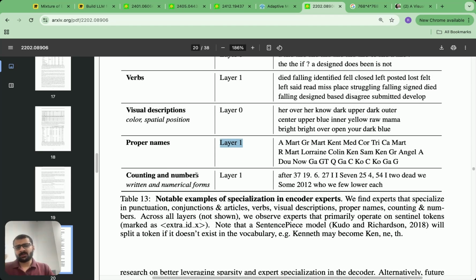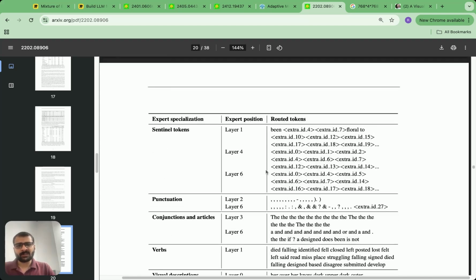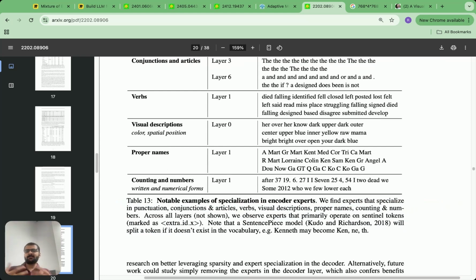If there are tokens which represent counting and numbers, like "after", then 7, 25, 4, 54, those are diverted or routed to experts in layer number 1. So from this table, we can clearly see that experts specialize in punctuation, conjunction, articles, verbs, visual descriptions, proper names, counting, and numbers, which clearly shows that experts actually specialize in certain tasks, which means that out of these experts,